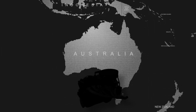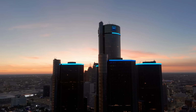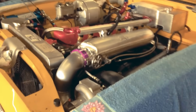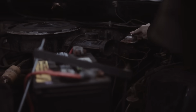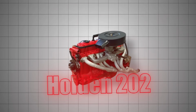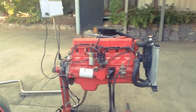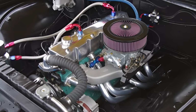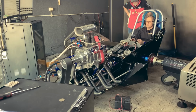What if I told you that an Australian inline-six engine once sent General Motors executives into panic mode? So much so, they tried to bury it. Not a supercar, not a mighty V8, but the Holden 202, an unassuming power plant with the potential to shake the global automotive order. Beneath the humble hoods of old Holdens lurked a mechanical rebellion, one that remained shackled in